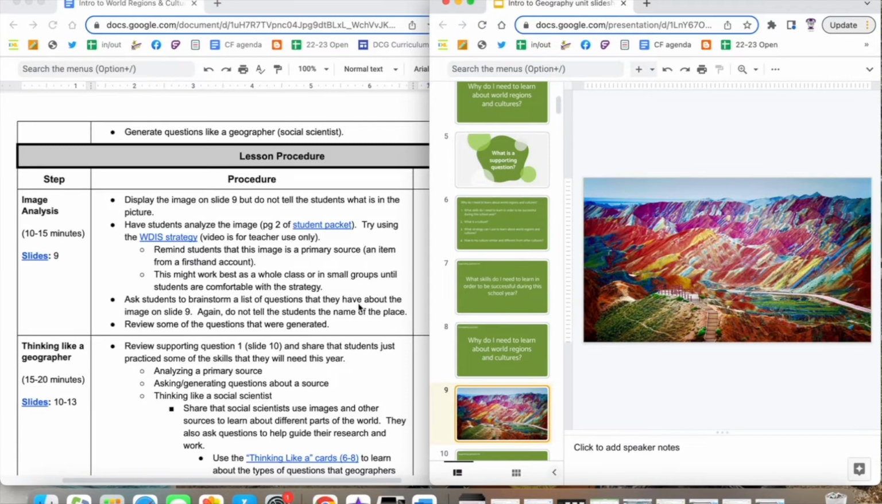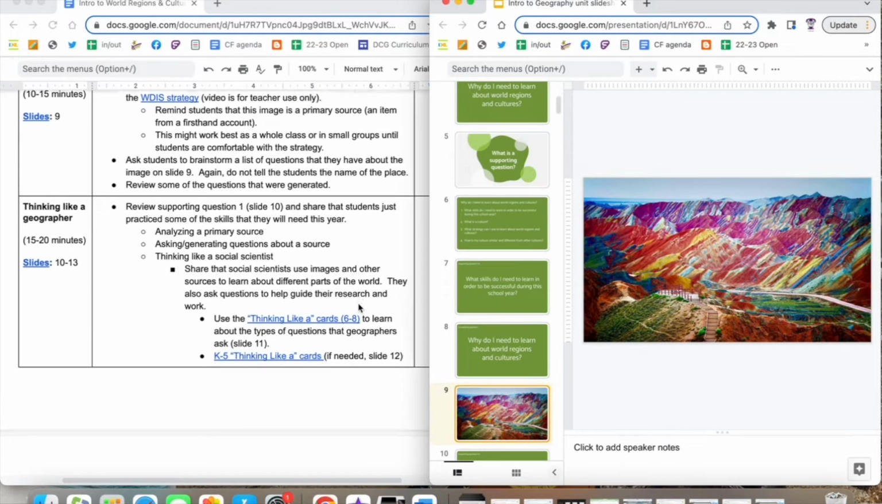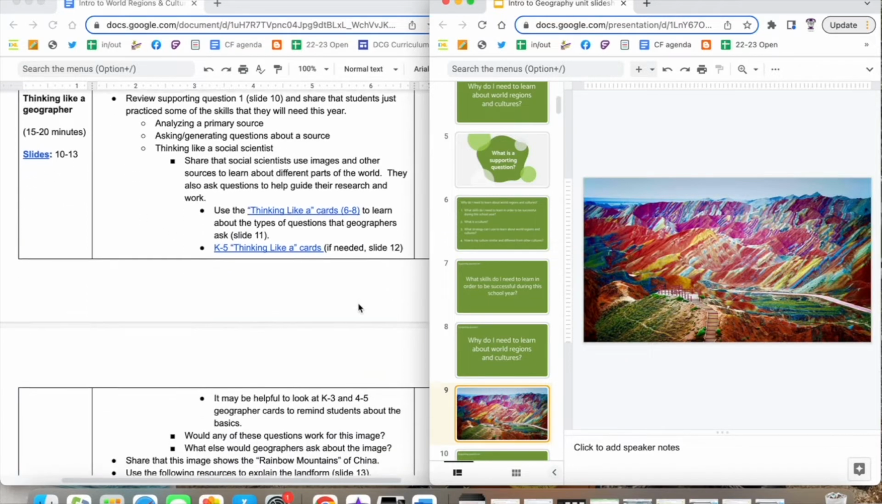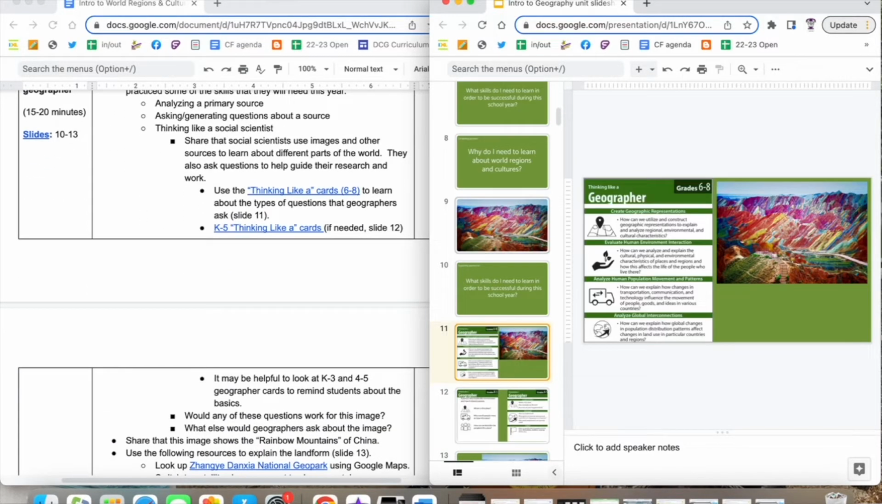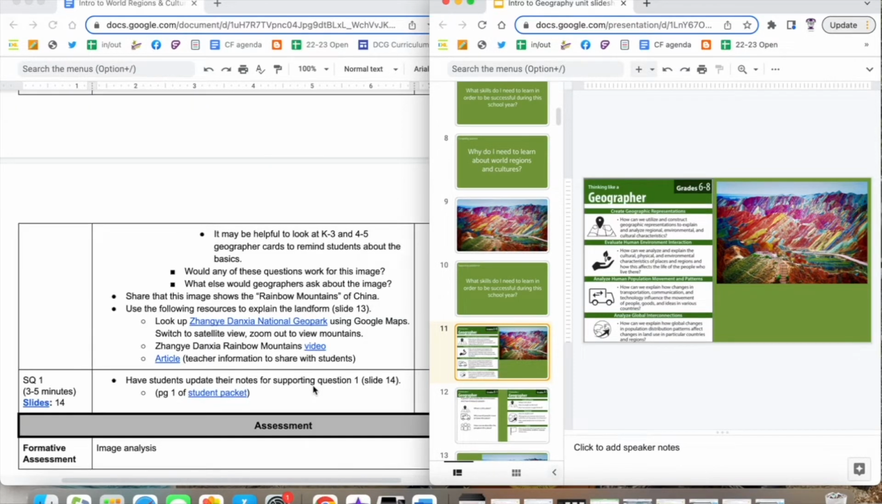You can give the WDISC strategy a try, which is linked in the video description for this video, as well as you can find it in the Teaching Social Studies playlist. Then you move into thinking like a geographer, having students generate questions about a source, learning about various social scientists. You can see the Thinking Like a Social Scientist cards shown on the same page as the image. And then you end this lesson giving the students a few minutes to generate some ideas or update their notes